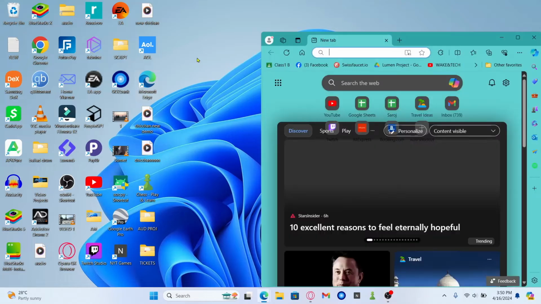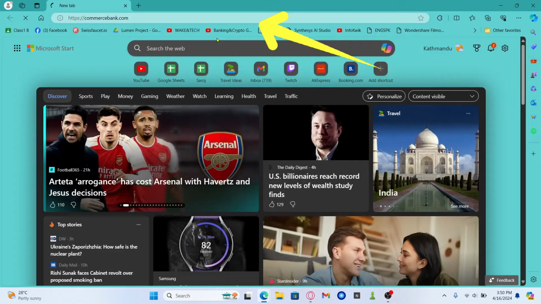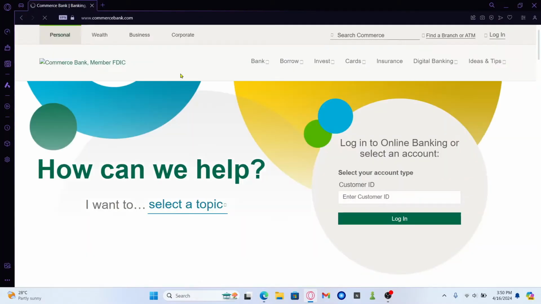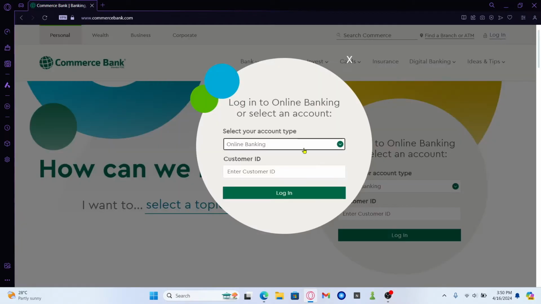First of all, open up your web browser and then in the address bar type in commercebank.com and press enter. You will now be taken into the official Commerce Bank website. Now from the homepage, click on the login button at the top right corner and you will be asked to